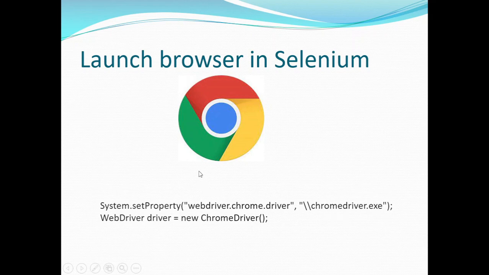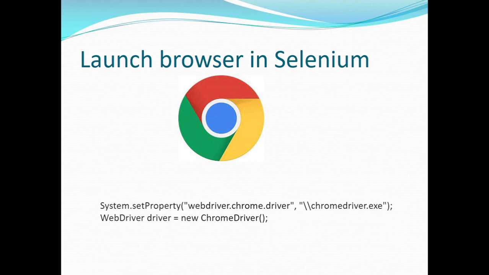So as I mentioned in the WebDriver architecture, in Selenium, the browser actually can't perform the actions directly and it uses the respective browser driver to perform the actions. So when we want to do a particular action in the Chrome browser, we need the ChromeDriver in Selenium, so we'll be setting the path of the driver and then create the object of it.